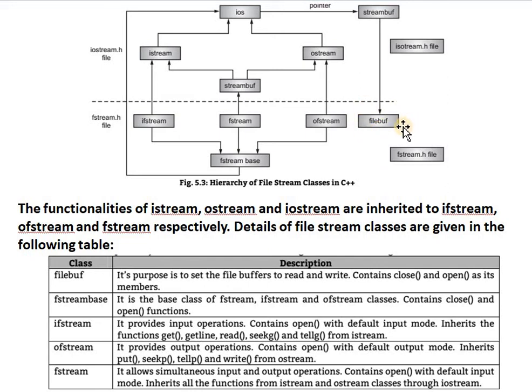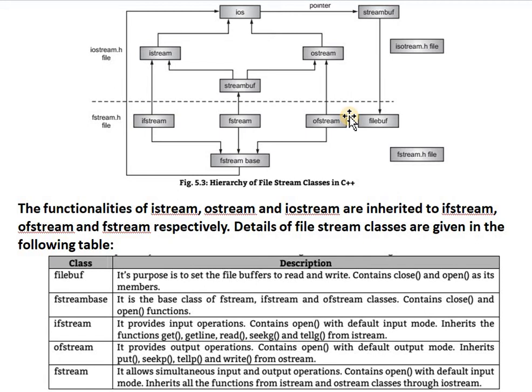File buffer is a class that is used to store the data regarding the file, which data is going to be provided as input to the program, and what the output is. That temporary data is going to be stored in the filebuf memory.